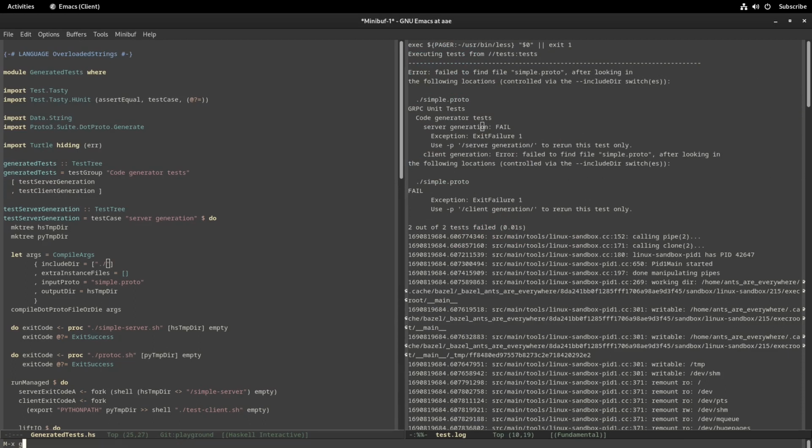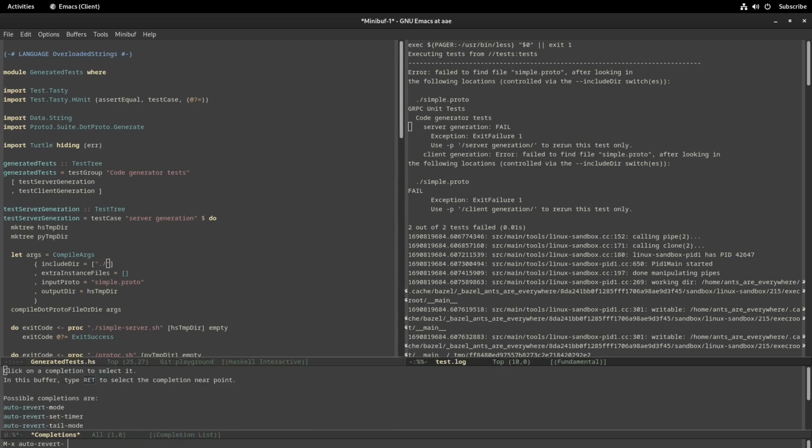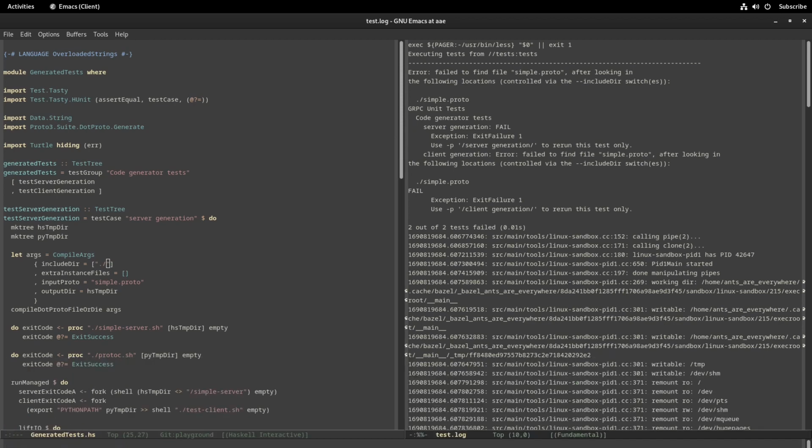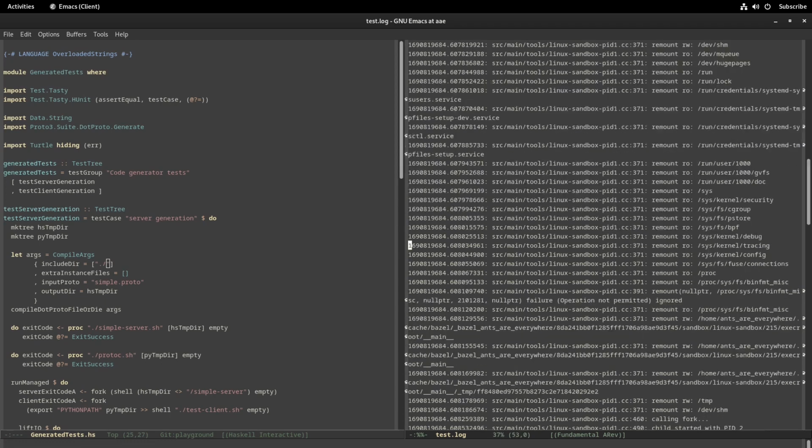Enable. Oh, what? Why is it not enabled by default if it's set to global? I don't know. Okay, so now